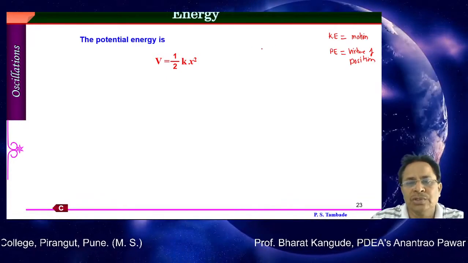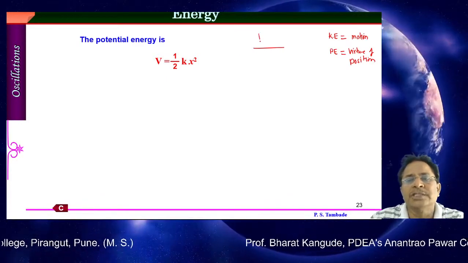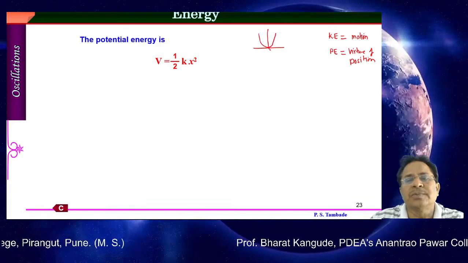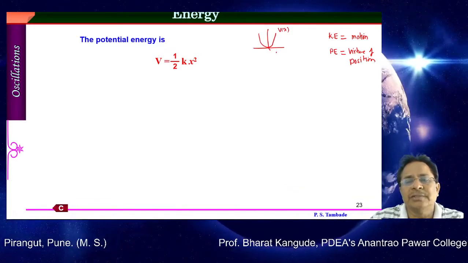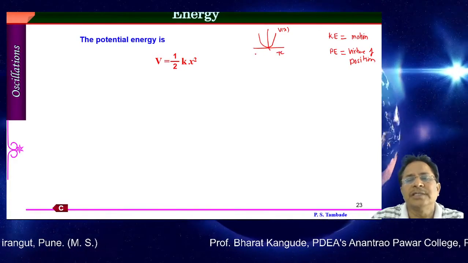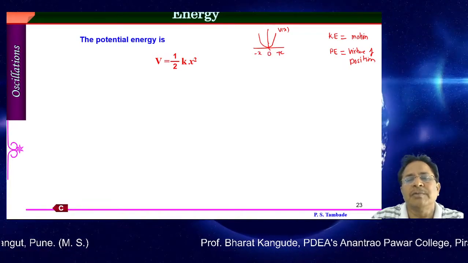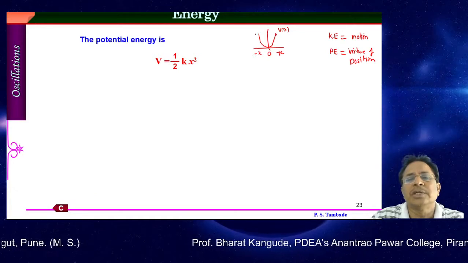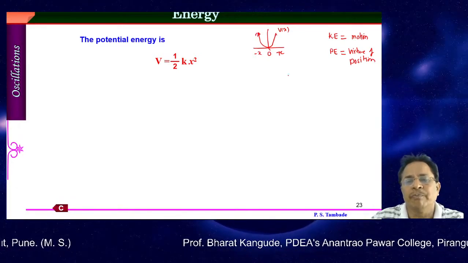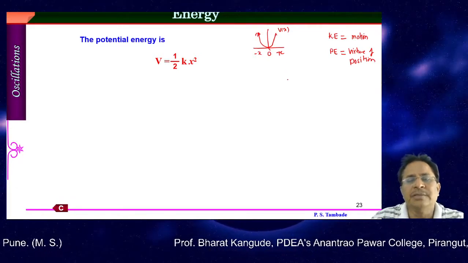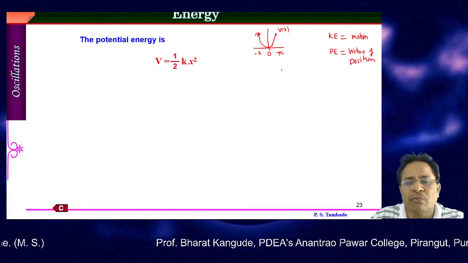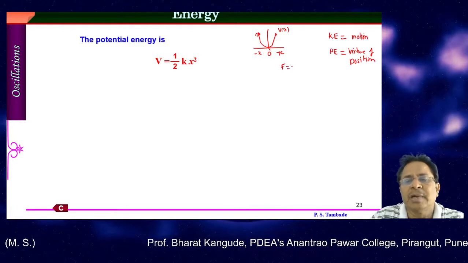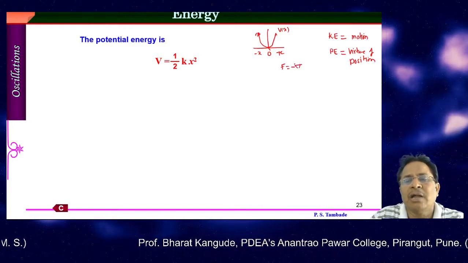I think you have drawn this particular curve earlier. This curve looks like this. This is called a potential energy curve. This is V of x on the positive side plus x, and this is minus x on this side. This is the equilibrium position. One more thing we have already seen is that this potential and the force in this case is given by minus grad of this V.